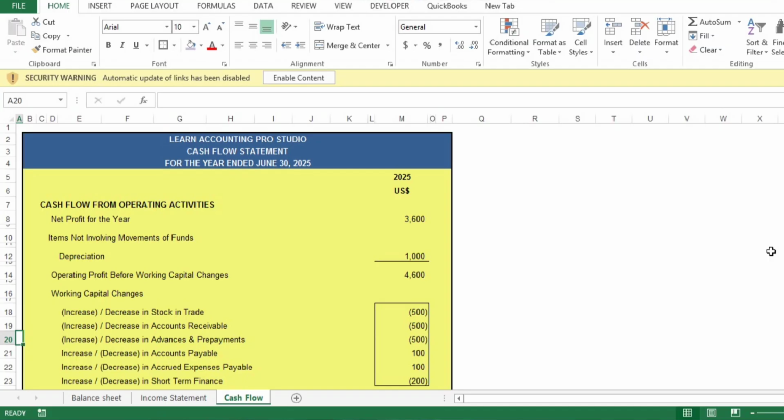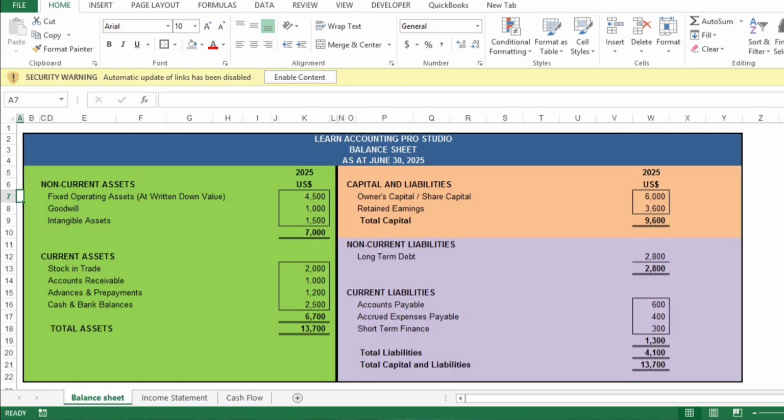एक स्पेसिफिक सवाल होता है जिसका जवाब वो देता है ताकि रीडर को कंपनी की फाइनेंशियल हेल्थ का मुकम्मल ओवरव्यू मिल सके। अब हम लर्न अकाउंटिंग प्रो स्टूडियो की फाइनेंशियल स्टेटमेंट्स को एज एन एग्जांपल लेते हैं और सबसे पहले बैलेंस शीट को समझते हैं। ये रिकॉर्ड होता है कंपनी की वो चीज़ें जो वो ओन करती है और जो जिम्मेदारियाँ उस पर होती हैं। बैलेंस शीट का असल सवाल ये होता है आपकी नेट वर्थ क्या है।